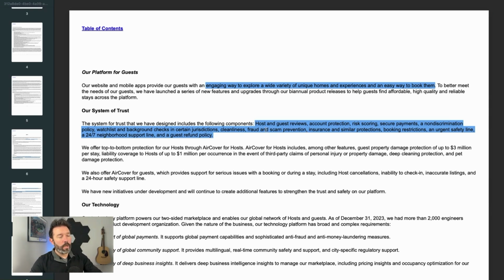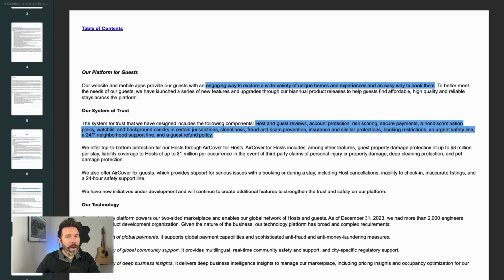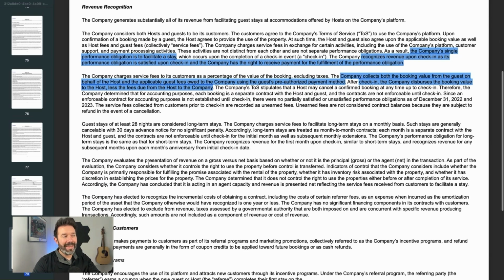Now, the next thing I want to go to is revenue recognition. If you're looking at a new company, I think you need to understand how the company works, and also how it makes money, because sometimes how they make money is not necessarily the way that you think. Now, this is all the way down on page 76, so not something that a lot of these companies highlight, but I think it's important to understand when revenue is recognized and how cash comes in and out of the